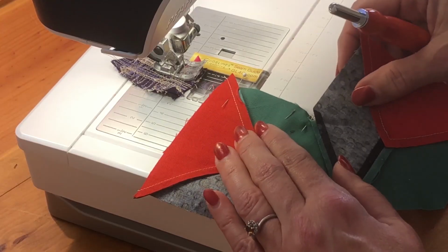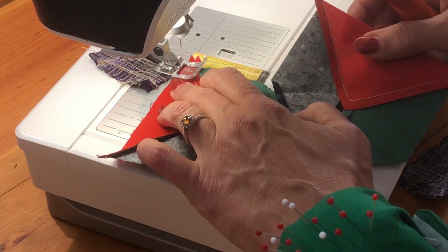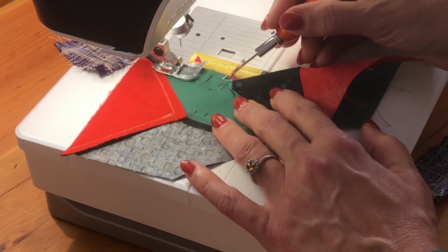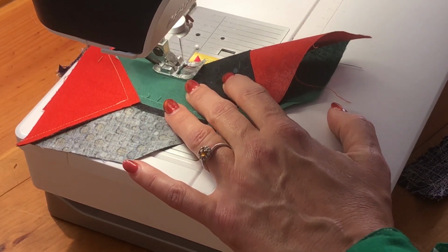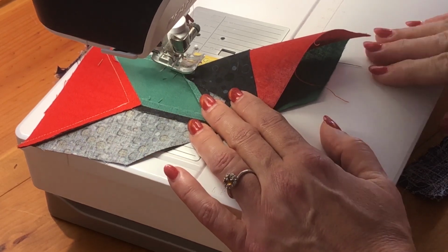All right, so starting here at my sewing machine, I'm going to sew the seam that I have pinned first, and this one didn't have a bubble, so I'm just going to fold back the black diamond and sew until the needle gets off the green fabric. 2 more stitches right there. So now it is just in the red fabric. Lift my presser foot,